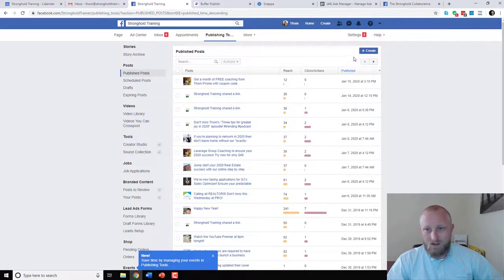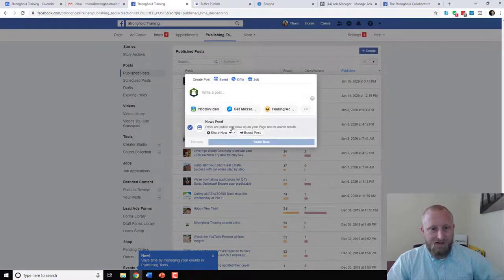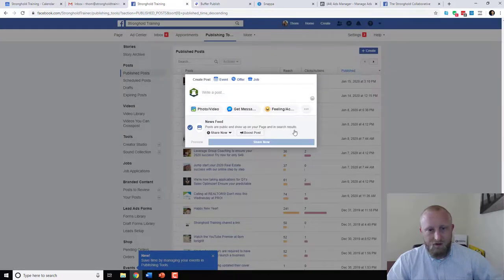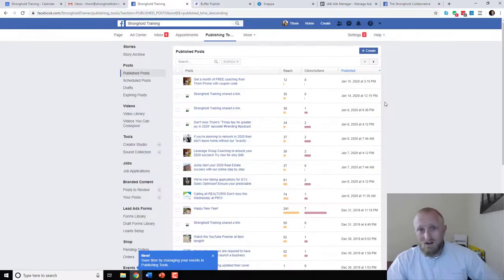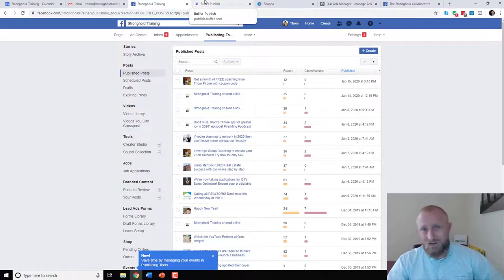But here I can just create a post, and under share right here, I can hit schedule, and I can schedule when it's going to go out. So you can do it on Facebook. You don't have to use Buffer. You can just sit on Facebook and just schedule post, schedule post, schedule post, and I have done that before too. But since I'm posting on more than one platform, and because I'm lazy, I spend the $15 a month and I use Buffer because I like it.